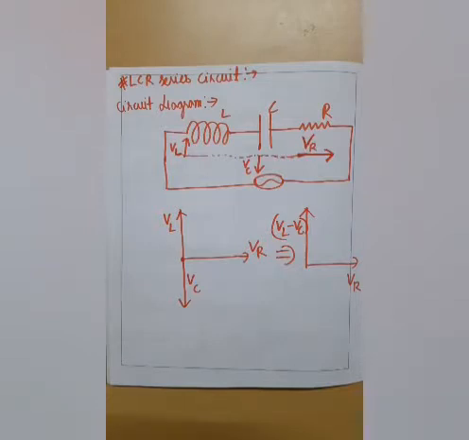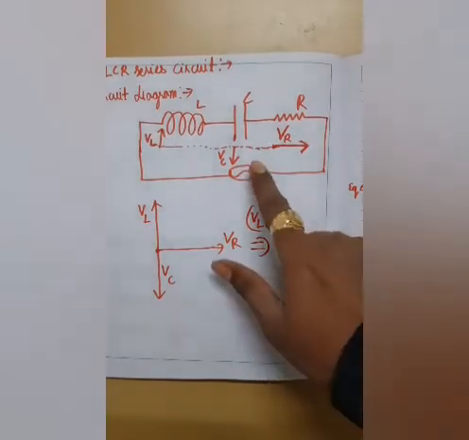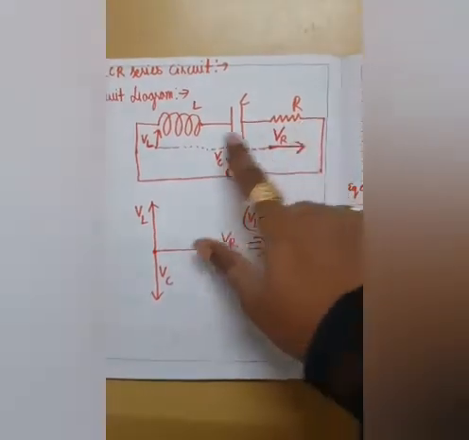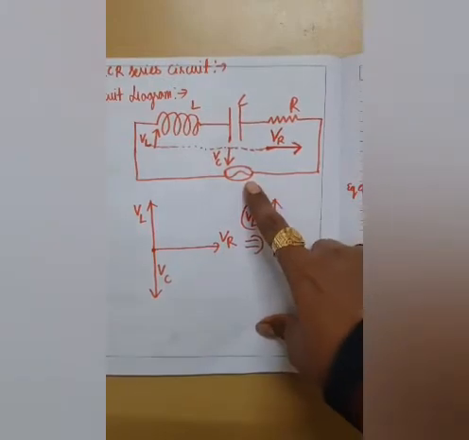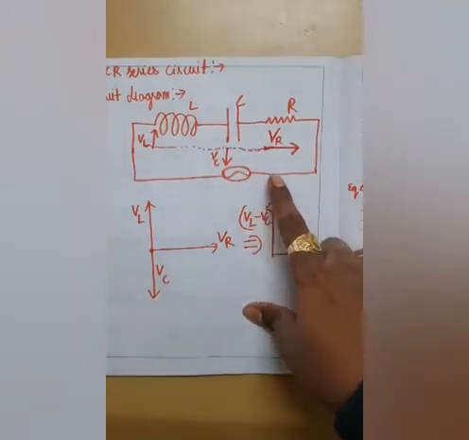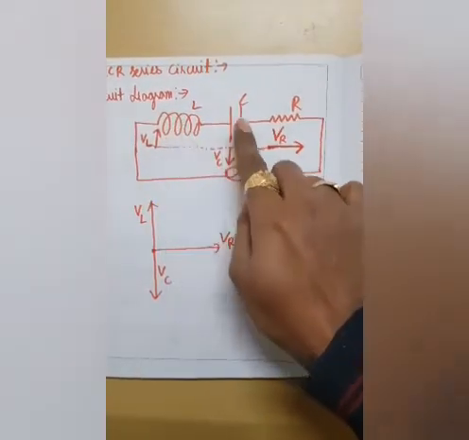self inductance, as you already know. C means capacitance and R means resistance. So LCR means we are going to use an inductor, a capacitor and a resistor, and we are going to connect them in a series combination. For example, you can see in this circuit diagram I have connected an inductor, capacitor and a resistor in series, and after that I have connected them to an AC source. Now this AC source would supply alternating current to L, C and R.